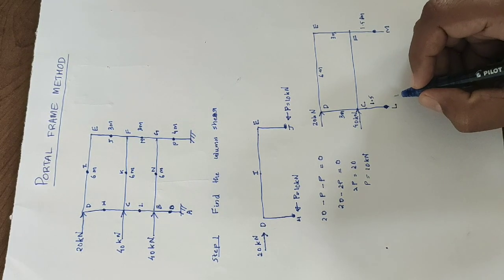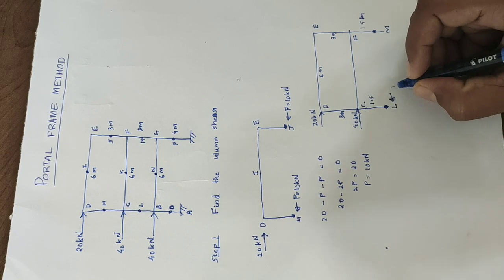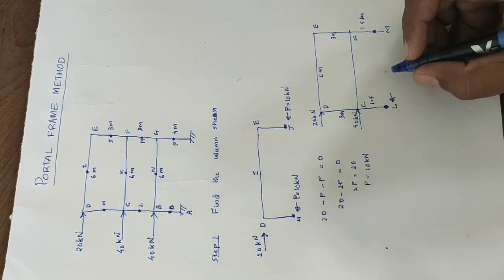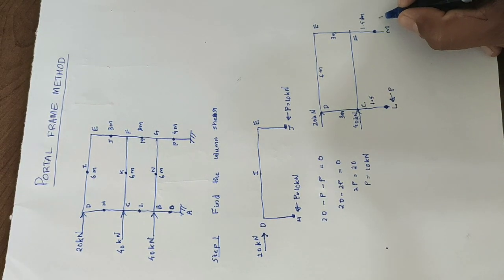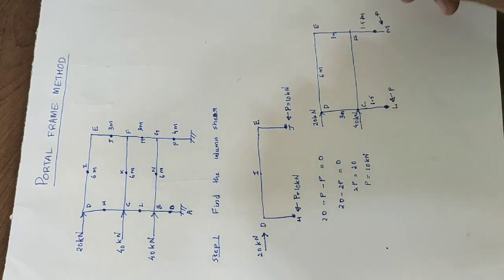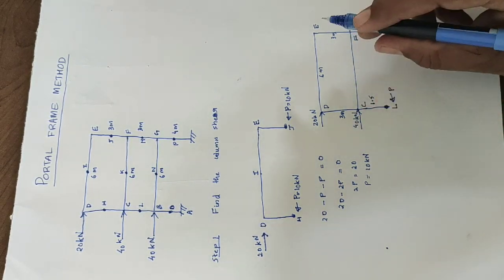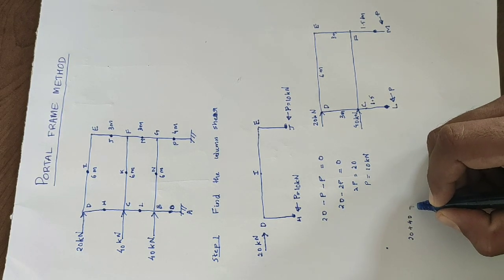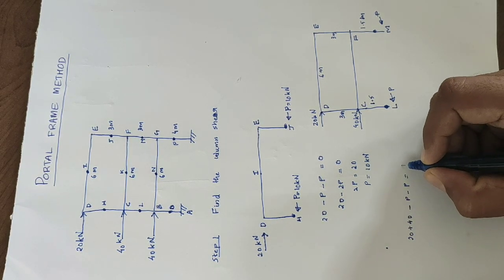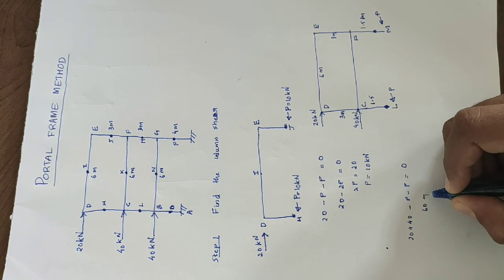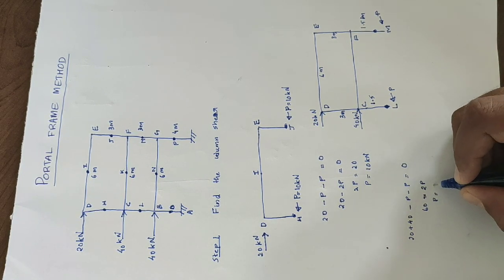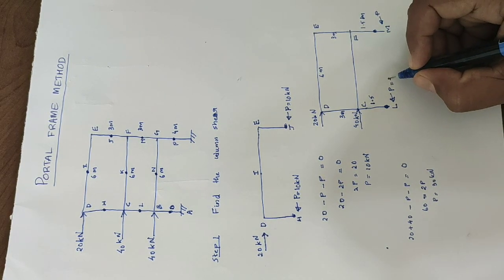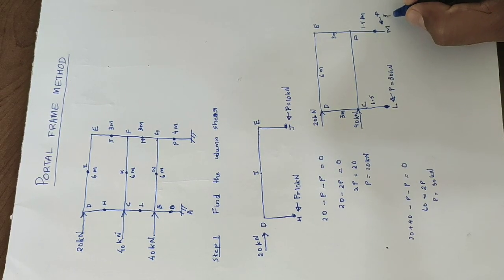Now you can see that here also shear force is acting. Since it has to be in equilibrium, definitely the shear force should act in the leftward direction. Let it be P, here also let it be P. So the total shear, if you look at the system, 20 and 40 is there. So you have 20 plus 40 minus 2P is equal to 0. So 60 is equal to 2P. So your P is equal to 30 kilonewton. So the shear at the second floor you have got as 30 kilonewton and 30 kilonewton.